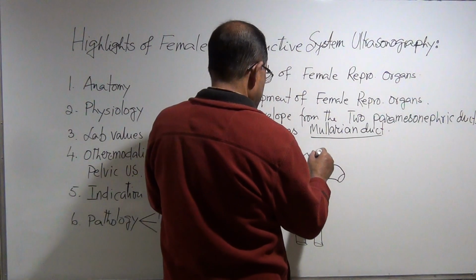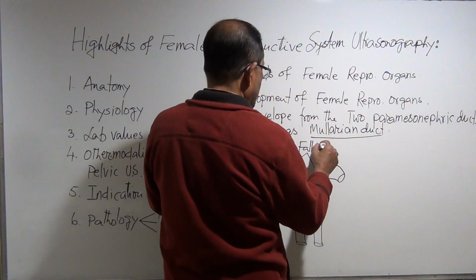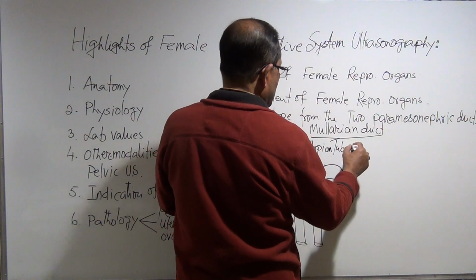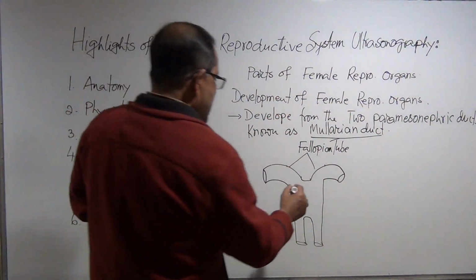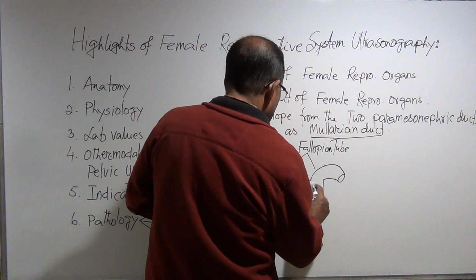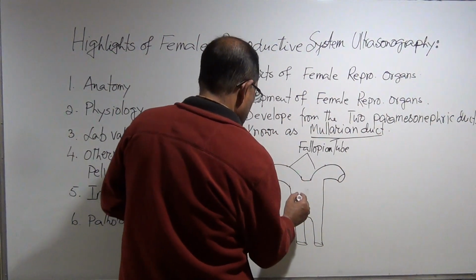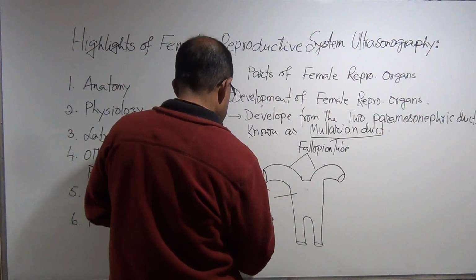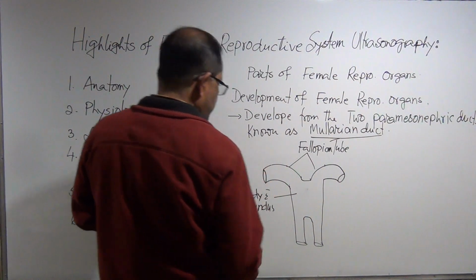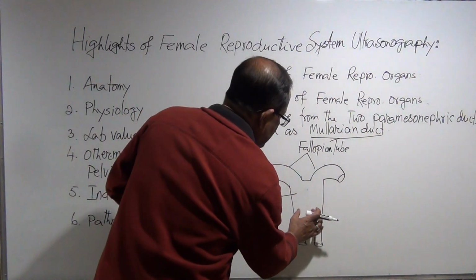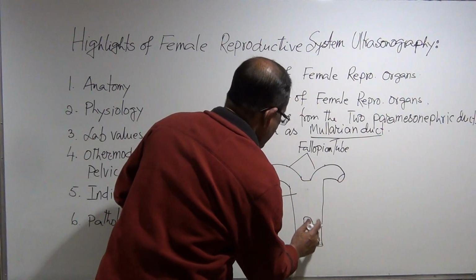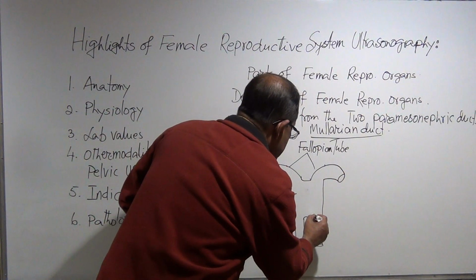Those will be the fallopian tube. We call it the oviduct or just the tube, and this would be the body and fundus. At the meantime, these two will join to form the vagina, and at this time when they form the vagina,